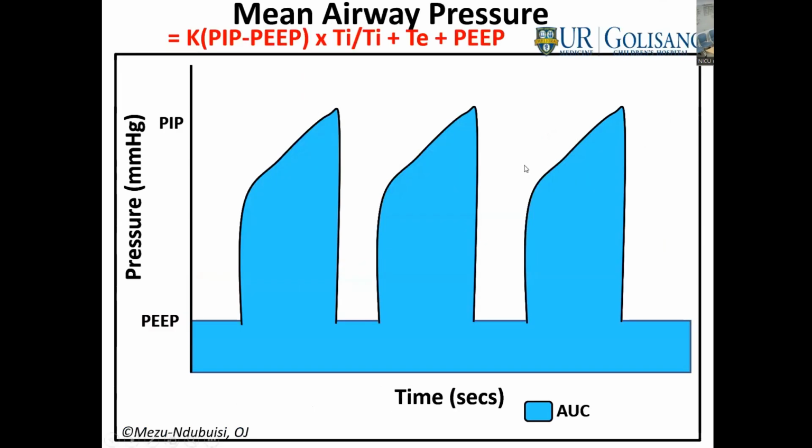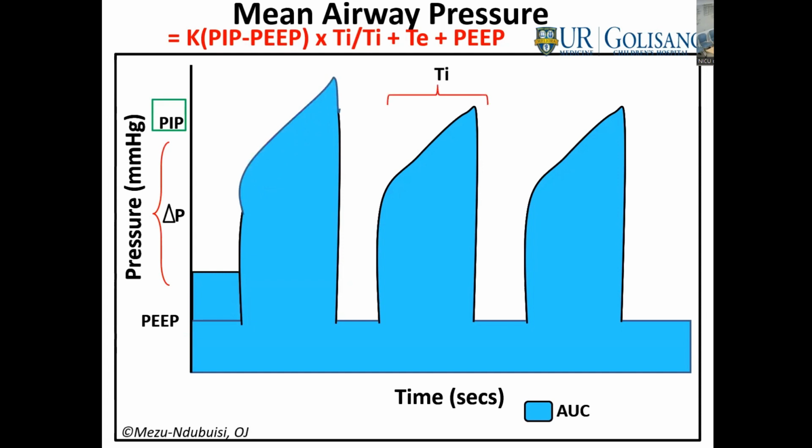And this is just the mean air pressure curve, area under the curve. It tells us, if you want to make changes on the vent, things we'll look at. This is your PEEP, your PIP, your peak pressure, and your delta P is the change in pressure. To increase area under the curve, you can either increase your PEEP, increase your PIP, or your I time, and